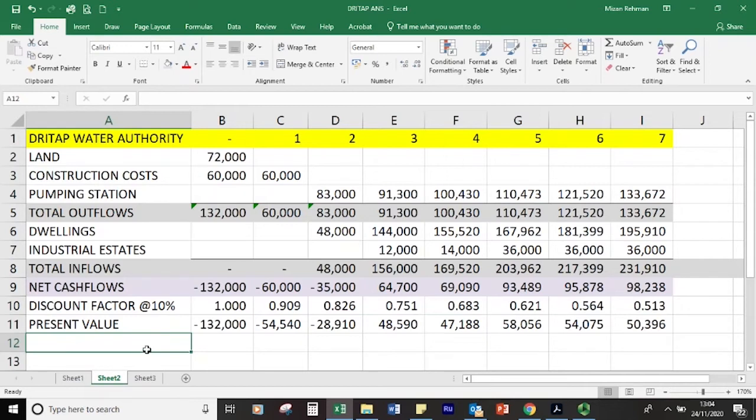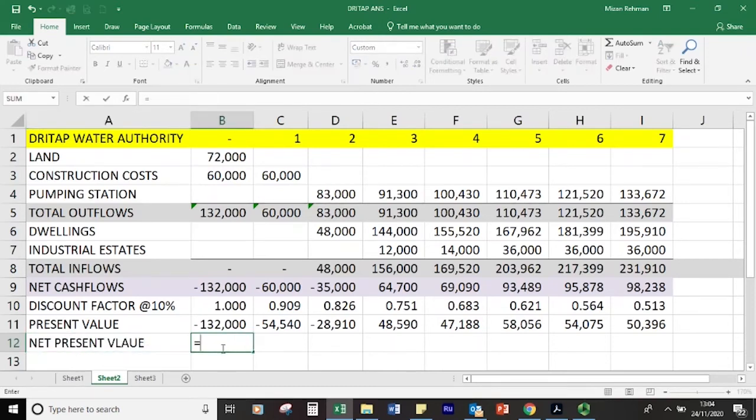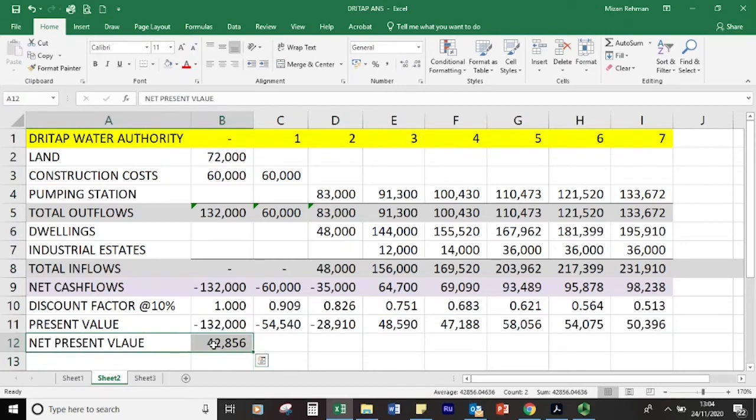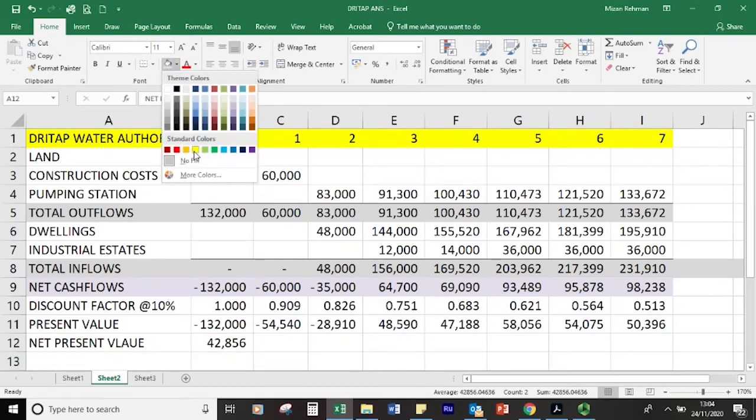And what we do, we net it now, net present value, which is basically adding up all of these figures. So all of the present values. So let's go up there, select the whole range, negative, positive, everything together, press enter, and you get your net present value of 42,856. Let's give it a good, nice color,